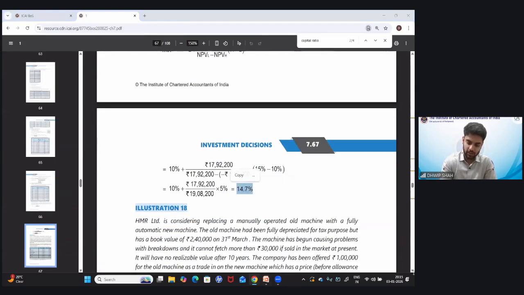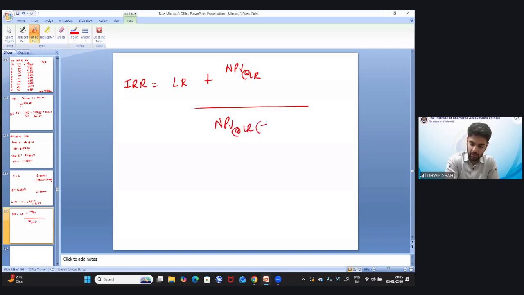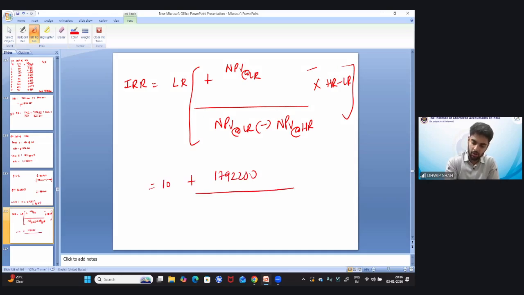14.70. You can solve it by using our IRR formula. What is the formula of IRR? Lower rate plus NPV at lower rate divided by NPV at lower rate minus NPV at higher rate, into higher rate minus lower rate. Yes or no? Lower rate is 10 plus 1790 to 200 whole divided by 1790 to 200